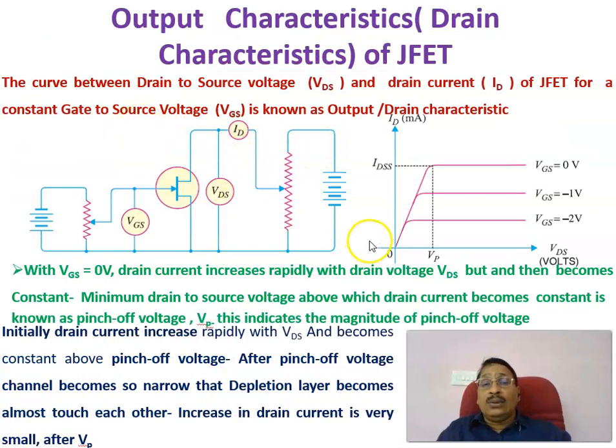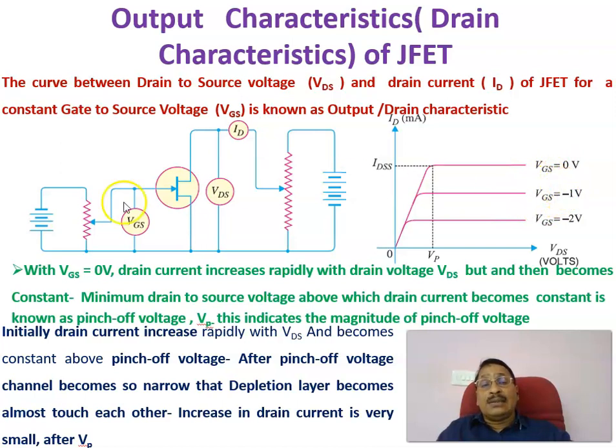Now let us see how the drain to source voltage and drain current vary for different VGS. This is the output characteristic, also called the drain characteristics of the JFET, in which we plot VDS versus ID for different VGS. We have seen already that when VGS equals 0, as VDS increases, the drain current increases linearly. After a certain voltage of VDS, called the pinch off voltage, the drain current does not increase any more; it stays constant, and that value of the drain current we call IDSS, corresponding to VGS equal to 0.